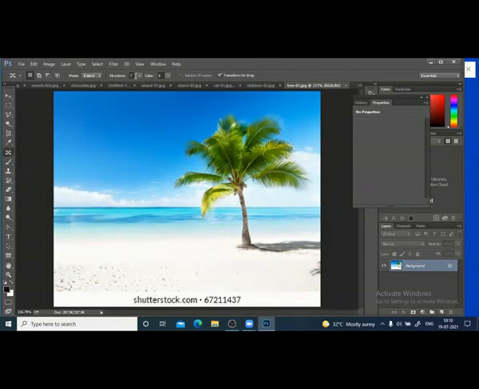Then structure. I will keep the full value 7. Now I will select the content aware here. The selection is also important.